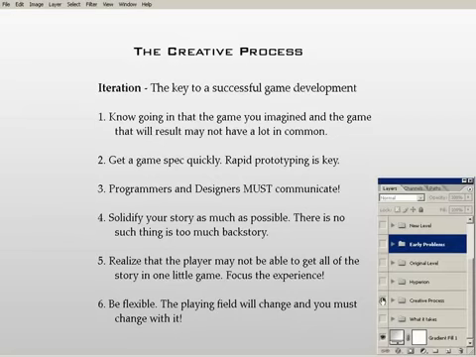Next, solidify your story as much as possible. There is no such thing as too much backstory. When I was working on Hyperion, I had this big, involved backstory taken into account. I'll talk more about exactly what I had in mind later, but I don't think you can push your backstory too far. I don't care if you write a 90-page novel that outlines what your game is about. Just know going in that there's, chances are, no way in the world that 90-page novel is making it into the game. Right. But the more information you have about your world, about your characters, about the environment,